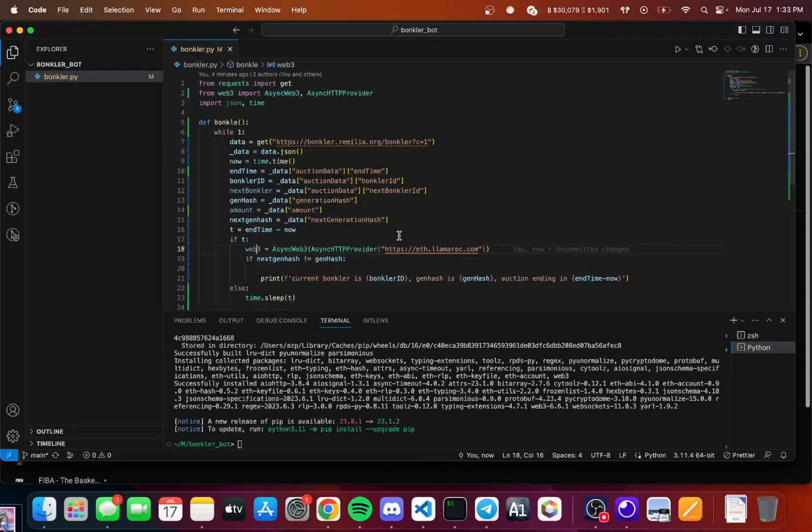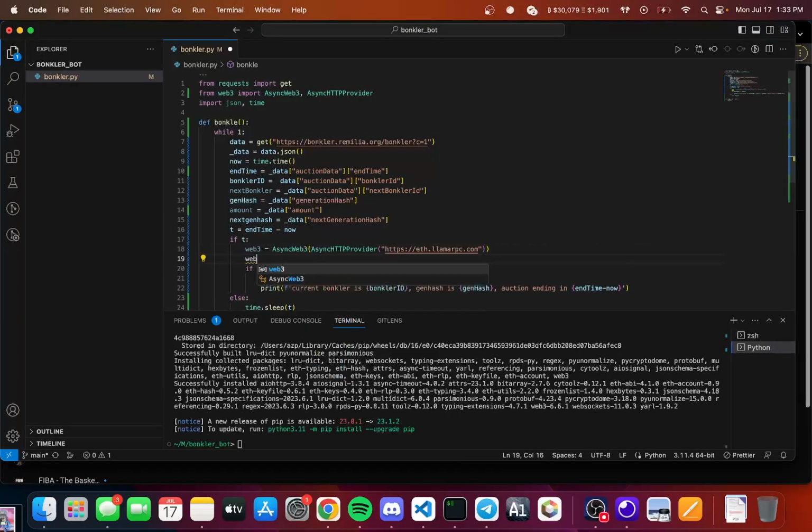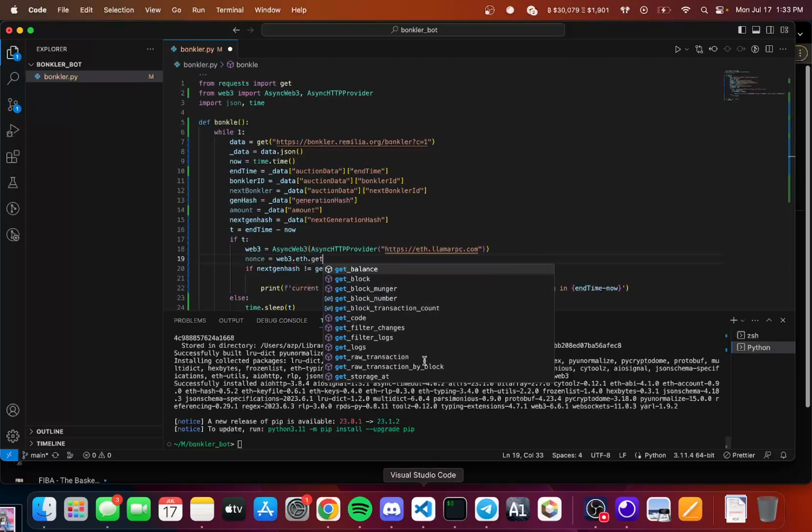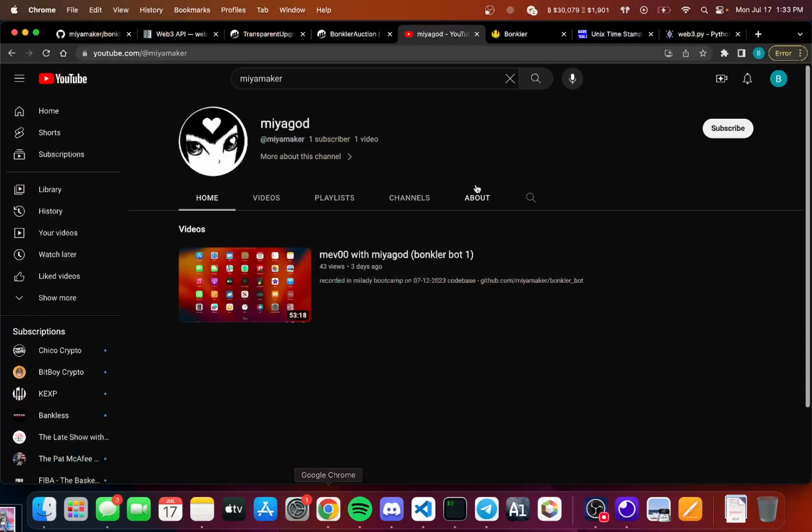So where did we leave off? All right, so we're connected to Web3 hopefully, and then what we're gonna do is say nonce equals Web3.eth.get_block_transaction_count, get